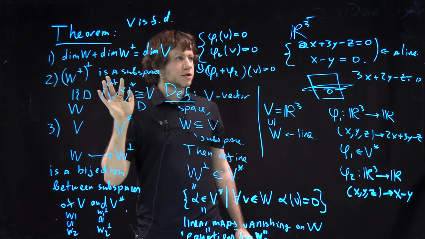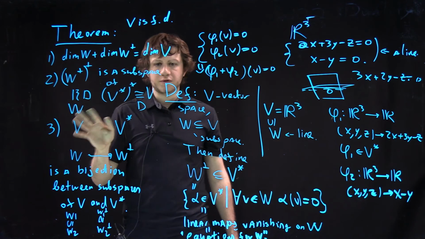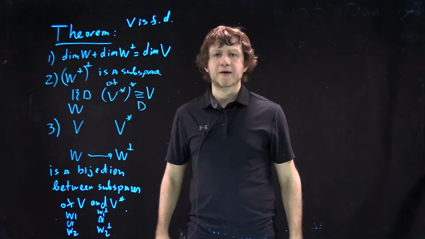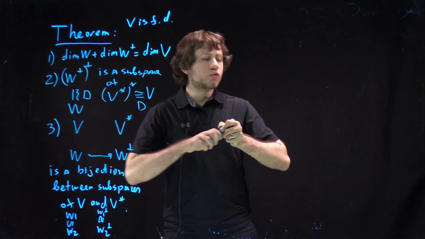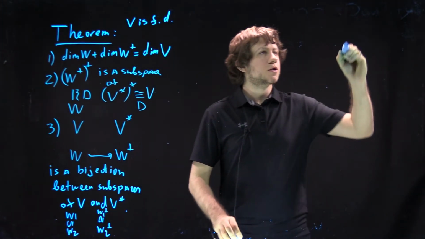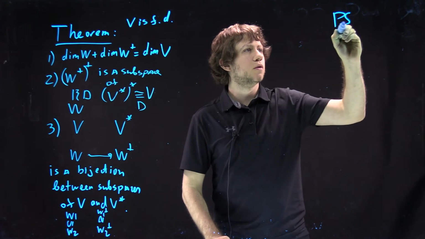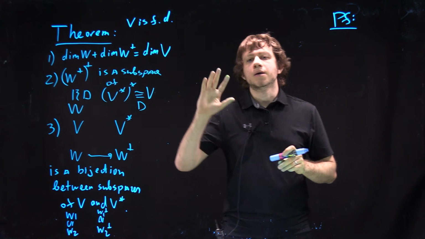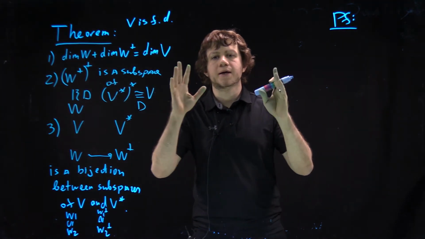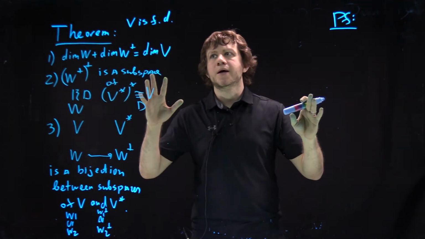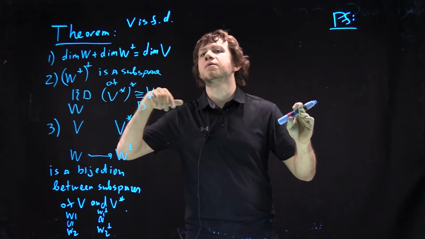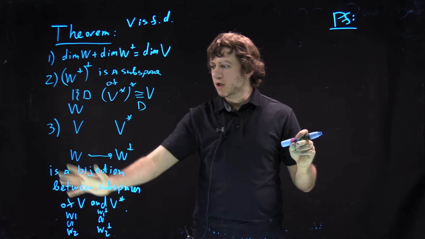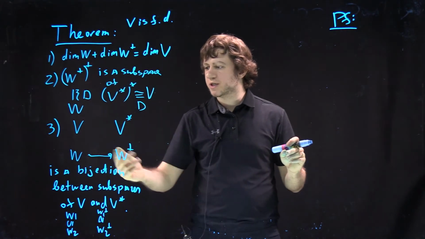Perfect. So let me prove the theorem. The proof is just an exercise in linear algebra, which we already know. So let's prove it. The proof is not hard, and actually it is very close to the proof in the homework where we had a hyperplane and we were trying to prove that it is given by exactly one equation. So in a sense, this is exactly what the theorem tells you,